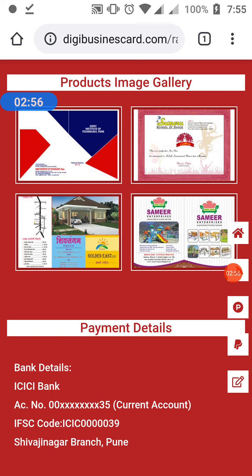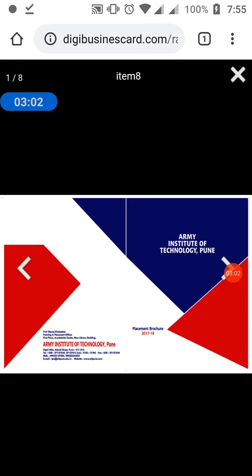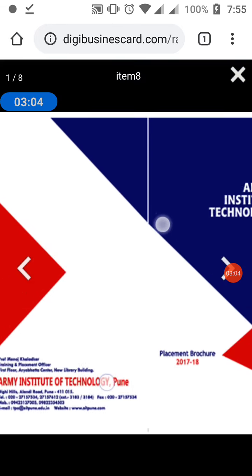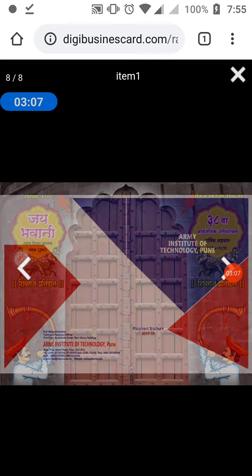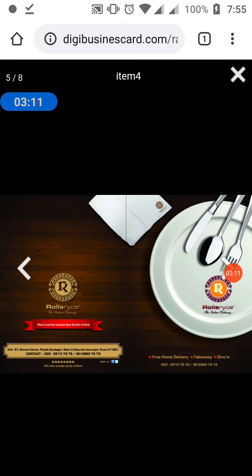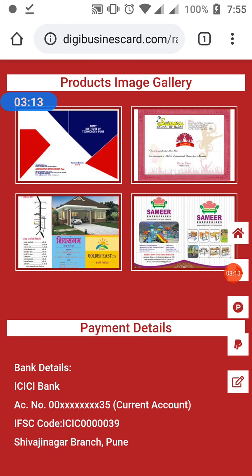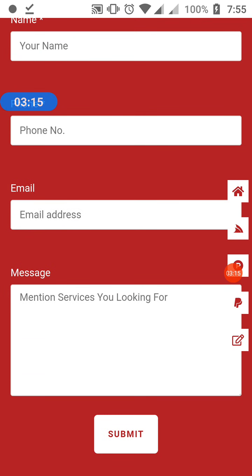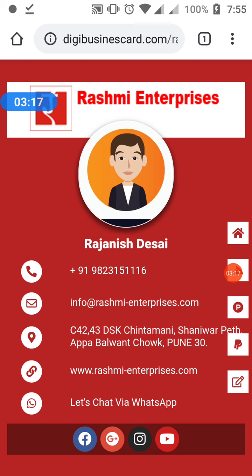This is not a small image. You can view it. Just click on the image. The image size is big. You can zoom it manually. You can slide the images with the right and left arrows. You can close it. So overall it is just a mini website, as you can see.